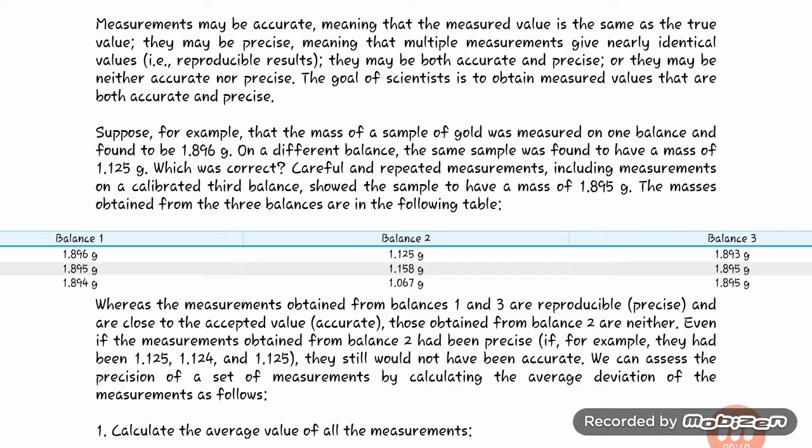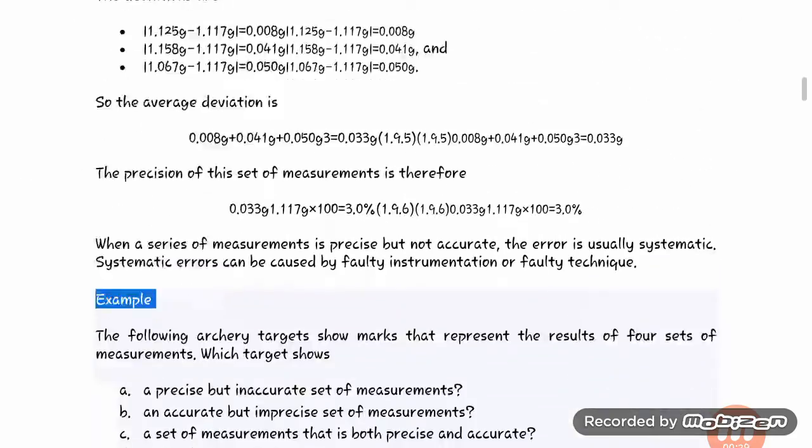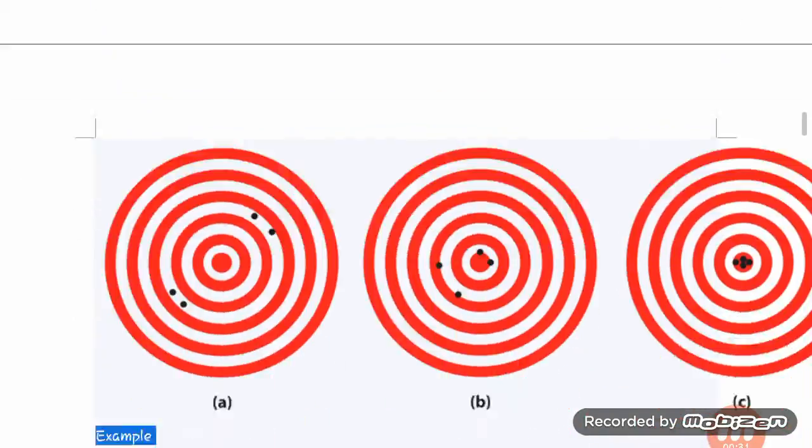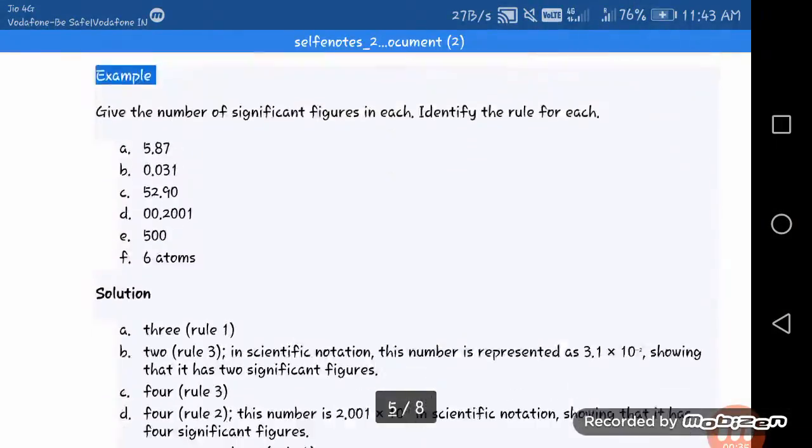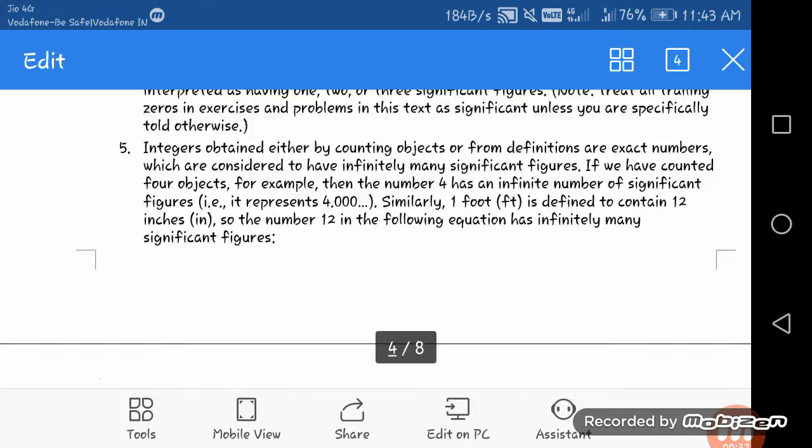So today's topic in pharmaceutical analysis is significant value, accuracy, and precision. Let's start. As we all studied before, what is significant value and what is accuracy, and now we will study in depth what is significant value, what is accuracy, what is significant figure, and what is precision.